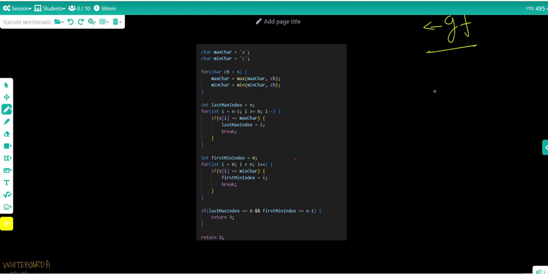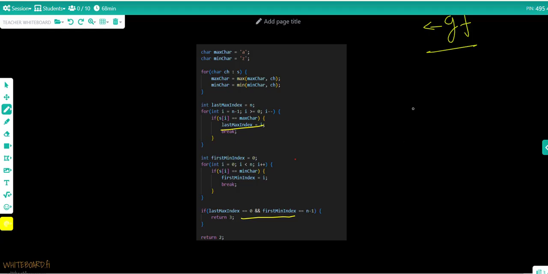Then for the maximum we need to choose the maximum index, and for the minimum we need to choose the minimum index, because we are trying to force this condition. So we need the minimum index as small as possible, because we are checking the minimum at last.